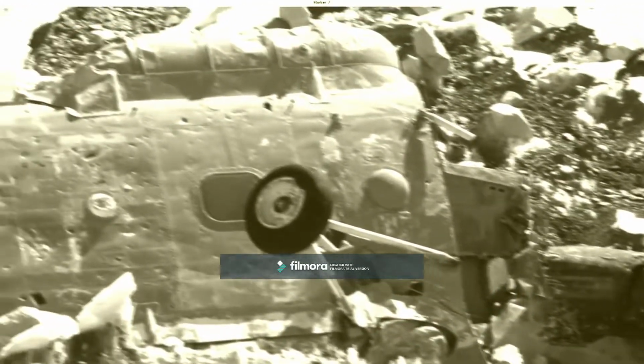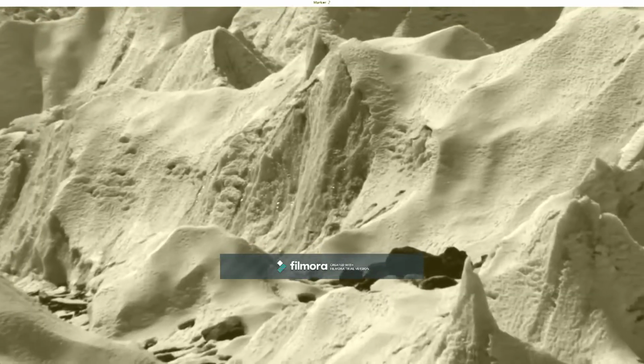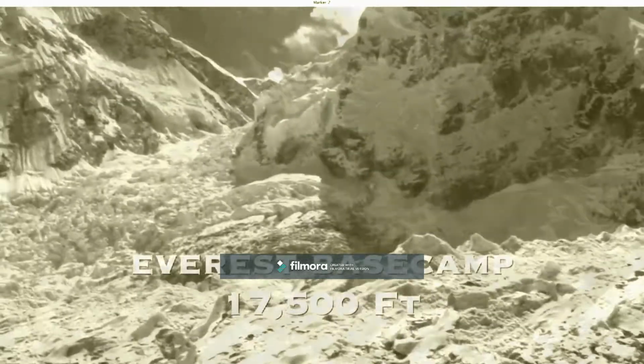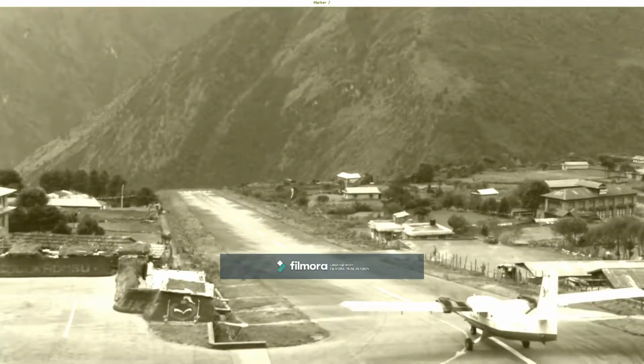difficult and dangerous. Helicopters in the base camp region. Because the air is so thin, landing and taking off can be difficult. Unlike at base camp when you are looking up the Khumbu icefall, the ice summit Everest. In months of April,